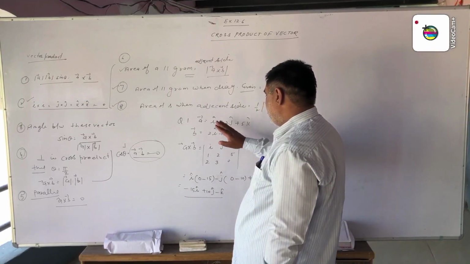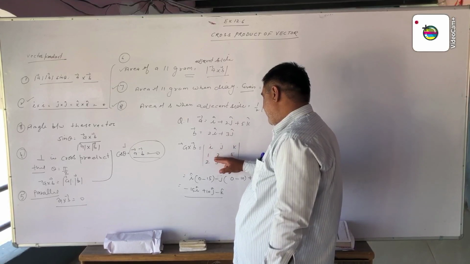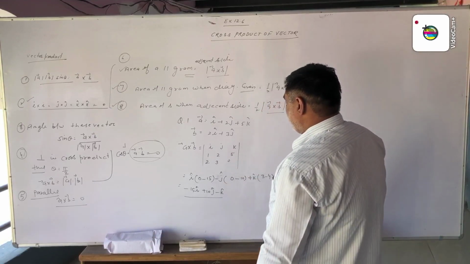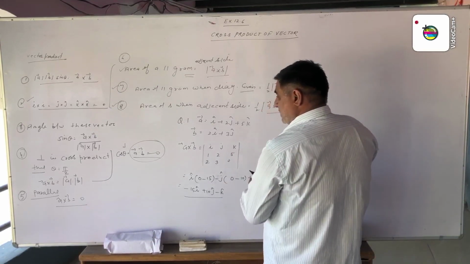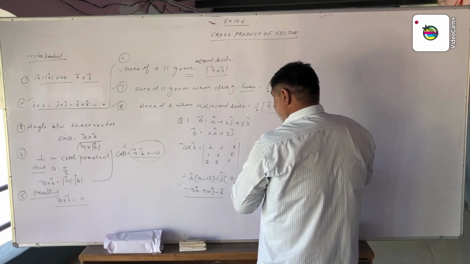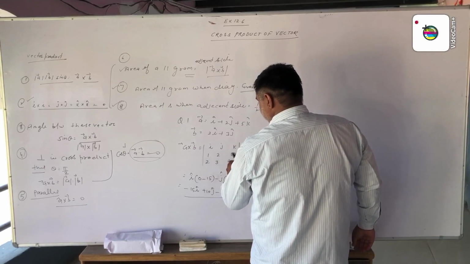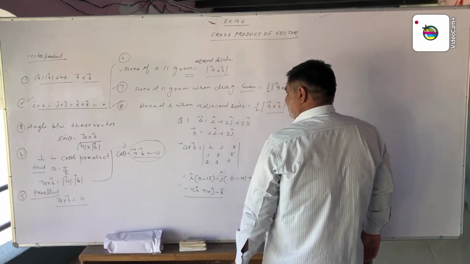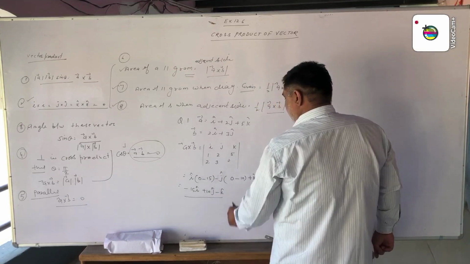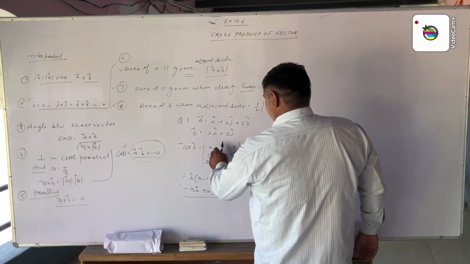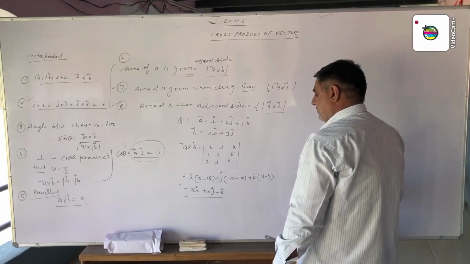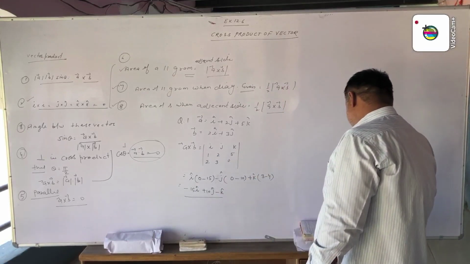Again we repeat this. First we write the coefficients of vector A, then write the coefficients of vector B, and multiply crosswise. In the determinant method, we leave out the row and column and multiply the remaining components. For the signs, upper to lower is positive and lower to upper is negative. The next element is negative. Now we multiply these two, get the next element, and after this we find vector A cross vector B.